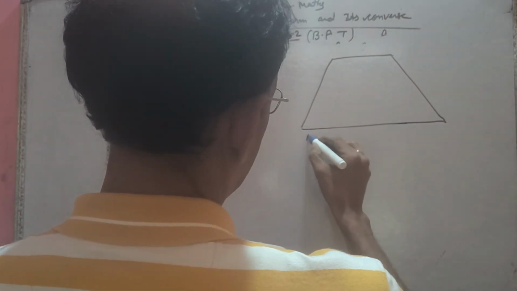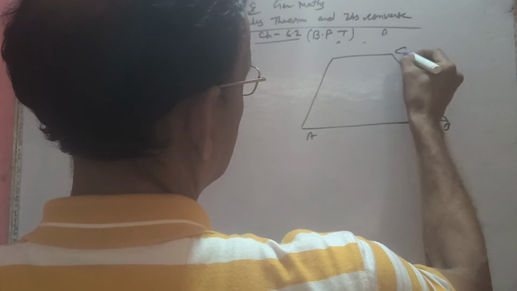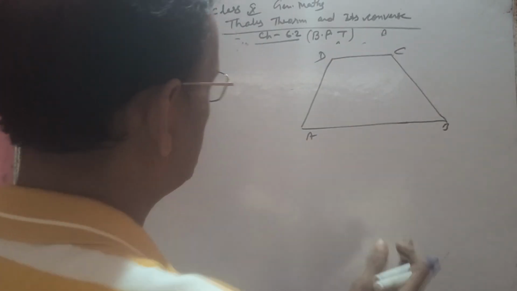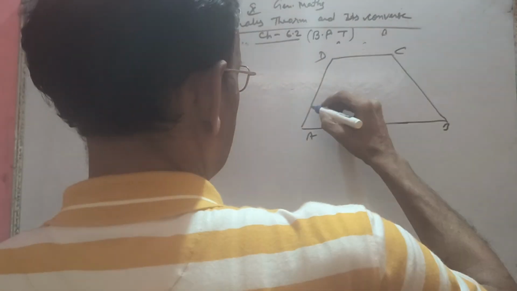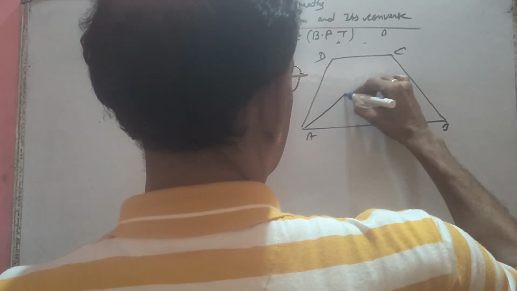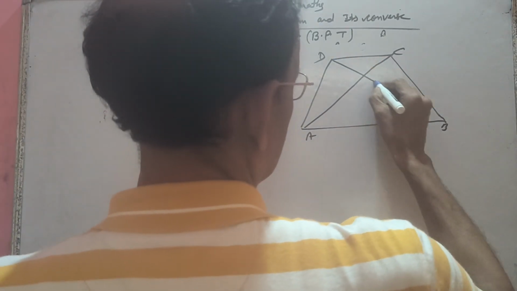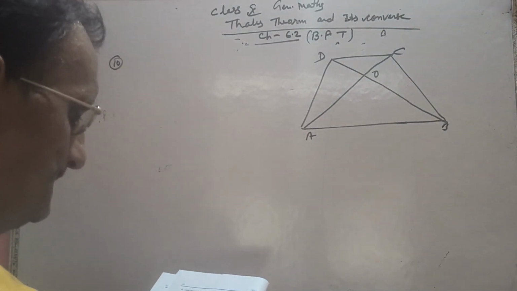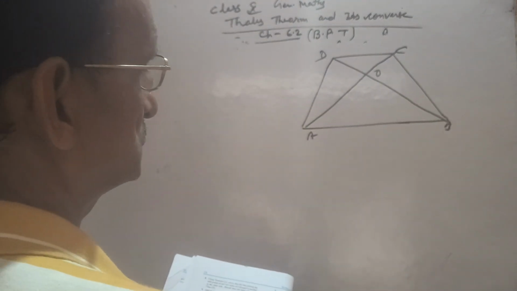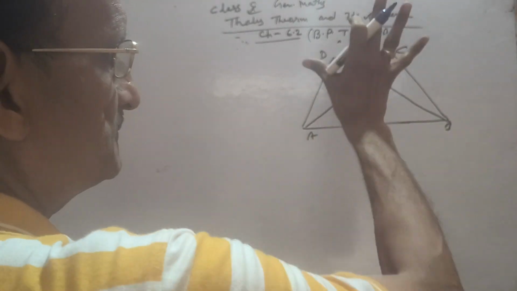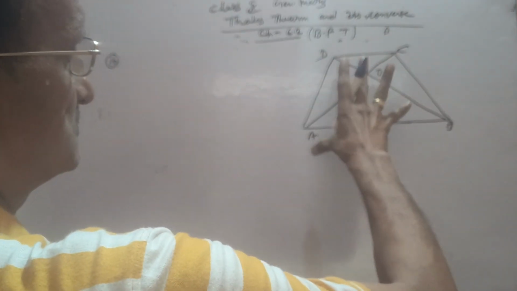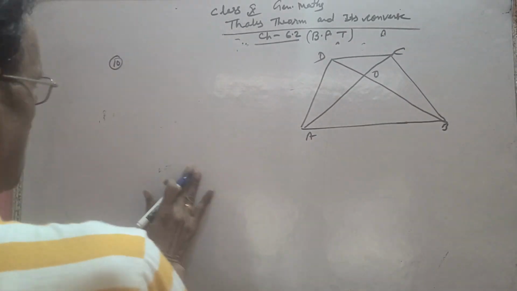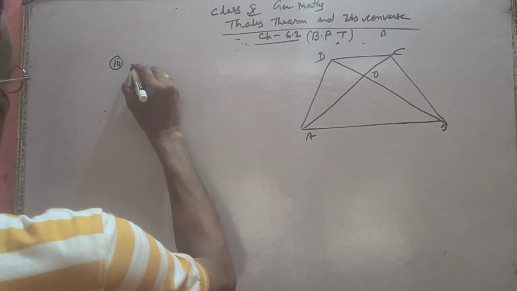This is a given quadrilateral, but we need to prove trapezium, so I am drawing a trapezium, and a trapezium is also a quadrilateral. It is also given that diagonals are intersecting at O such that AO by BO equal to CO by DO is given. Then we need to prove this is a trapezium, so that's why we have drawn a trapezium. But in the given part, we will not write trapezium. What we will write? Given